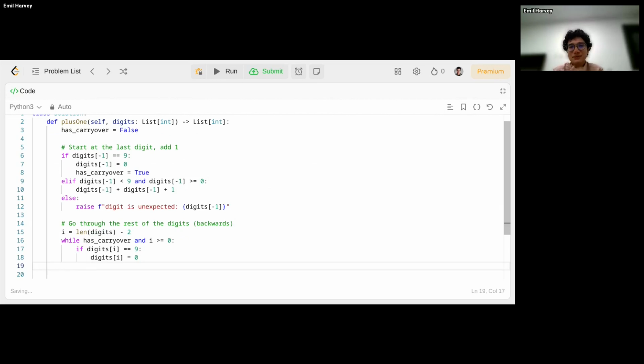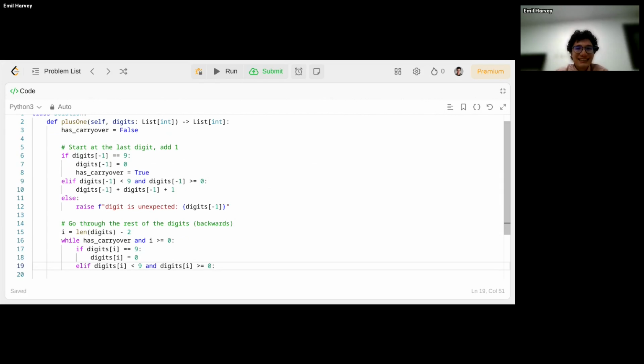And in that case, we're still pretty happy because we'll just keep going. So that's a very specific case. Again, I'm thinking of the most stressful thing, which is if it's a 9. But otherwise, another situation is just like above: if it's less than 9 and i is greater than or equal to 0. So this is very similar to the above.